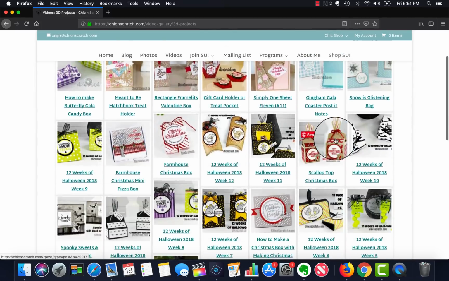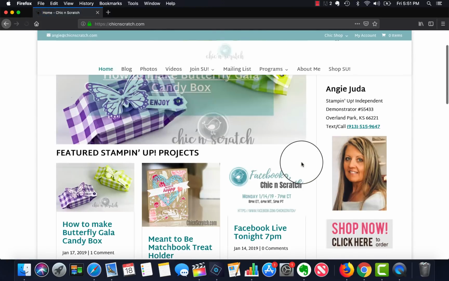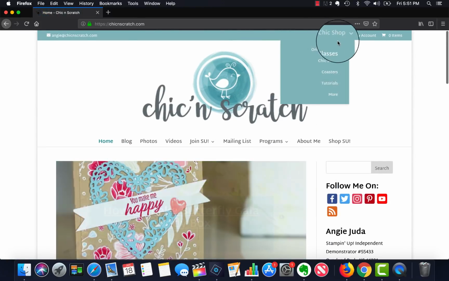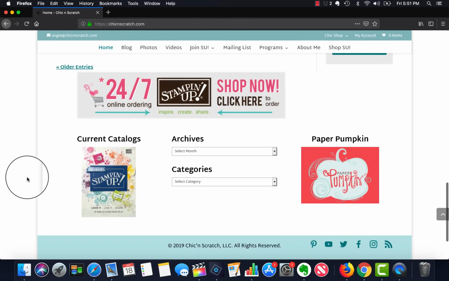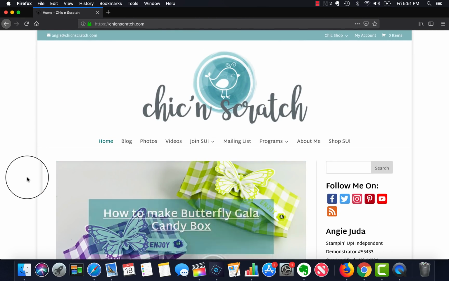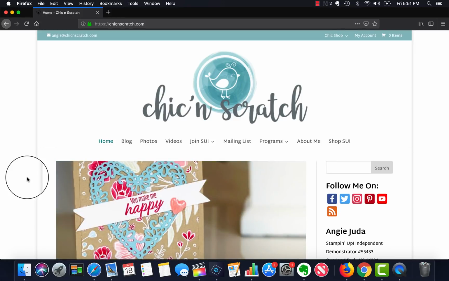So anytime I say shop now on my website, it's always going to mean go to my Stampin' Up! website and place an order, because like I said, that's my bread and butter. The Chick Shop is just other things that I sell outside of that. Okay, so I think everything is working. It looks really good. If you run into any issues, if I have forgotten anything, please send me an email and let me know, and I'll be happy to help you.